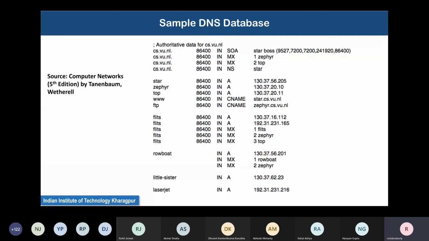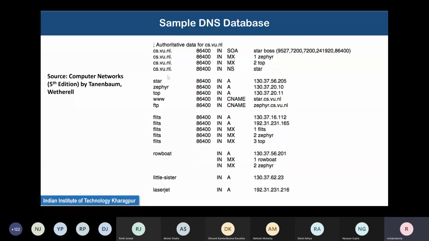What is the mail service? We will come to that when we study how emails are handled later in this chapter. Okay. So there is a computer called zephyr.cs.vu.nl and a computer called top.cs.vu.nl. Their priorities are, I think, one for Zephyr, two for top, which means Zephyr has a higher priority, top has the second priority. Notice that in this case, the right hand side, the value fields are actually strings. We have not yet come to any numerical IP addresses.